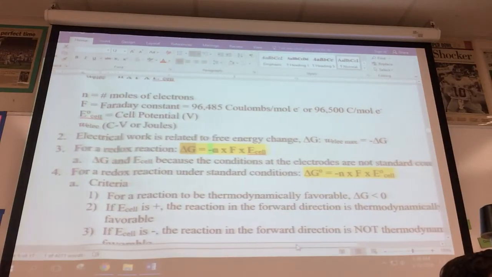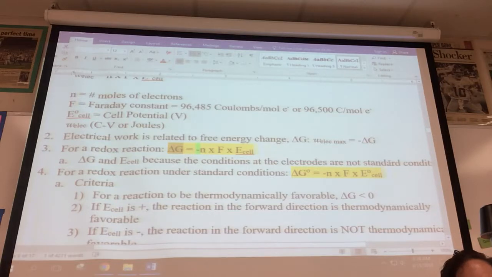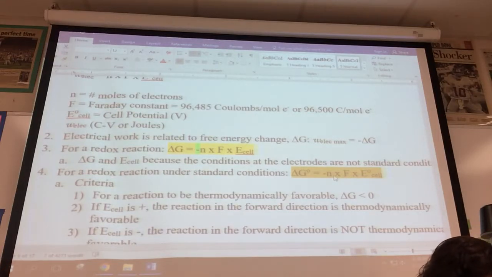If you have conditions at electrodes that are not standard, that is, you don't have 1 molar concentration, or perhaps you do not have 1 atmosphere of pressure, you won't have the little naught sign. But under standard conditions where the concentration of a solution is 1 molar or the pressure of a gas is 1 atmosphere, then you can use standard conditions shown here. And this formula too is on the back of your periodic table or on your reference sheets. It will be a separate sheet in your exam booklet in May, and unfortunately it's not a sheet that you can pull out, and you find this mixed in with